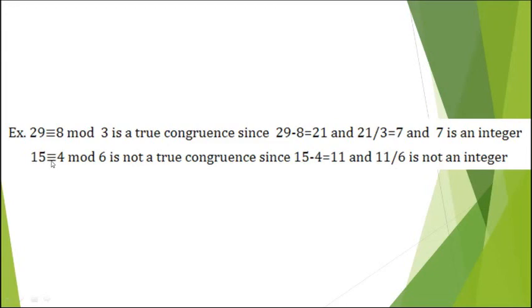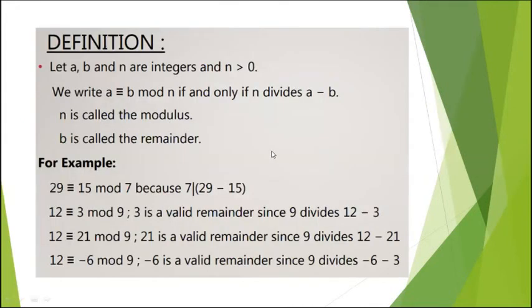Next, 15 is congruent to 4, mod 6. Is not a true congruence since 15 minus 4 is equal to 11. And 11 divided by 6 is not an integer. It is a rational number. And it's not a whole number. With that, 15 is not congruent to 4 at mod 6. So that's our example. Okay? So next we were